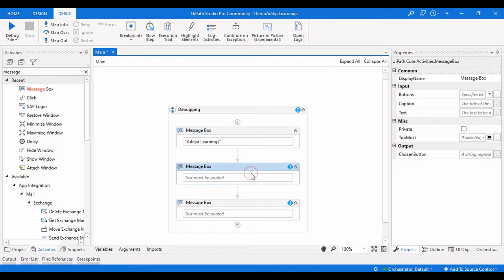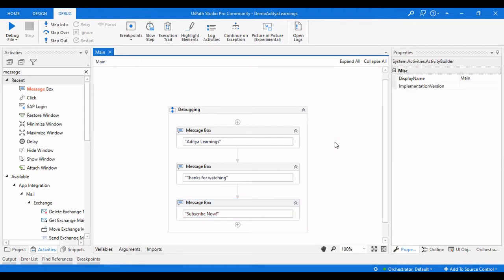Learnings, then now. So these are the three activities. There will be no errors in this particular process, but let me show you how we debug the process normally.